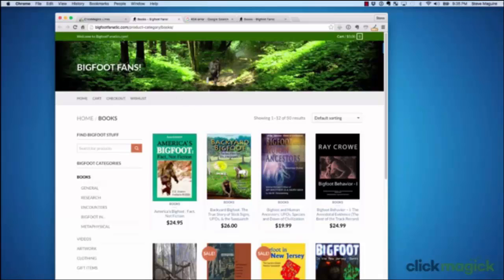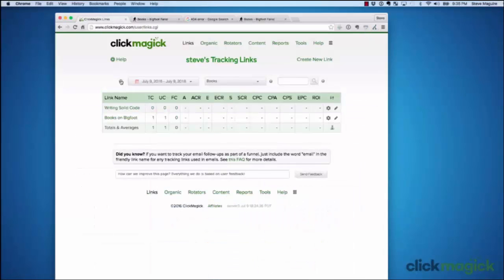So if we go back to ClickMagick and we refresh, now we see that we have two total clicks and one unique click, and that makes sense because I'm the same person. Now, ClickMagick is really fanatical about detecting when it's the same person coming to a link, and you want that in your measurements because that gives you much more accurate results. But when you're testing your links, it can be a challenge because repeat clicks are treated specially in so many